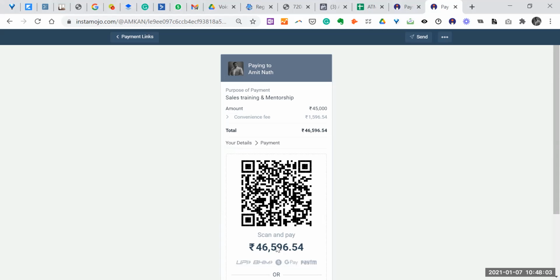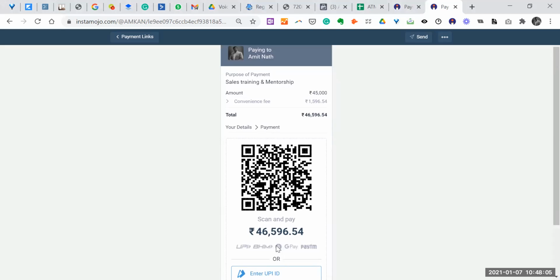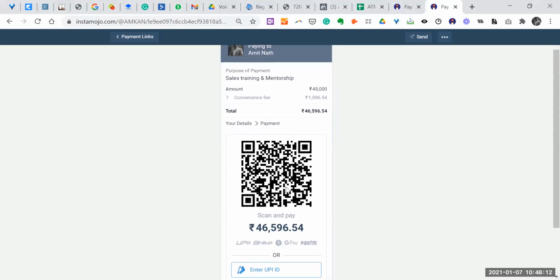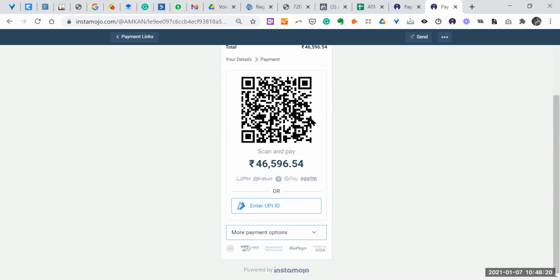Once you've clicked next, you will get into this new page, which talks about a screen or scan page. There's a QR code, and you see there's a convenience fee of 1,596 that has been added here. That is something they get for providing this platform. Go down and you will find two ways. You can pay directly by scanning through Google Pay or anything else. You can use UPI, Bheem, Paytm, Google Pay, PhonePe,